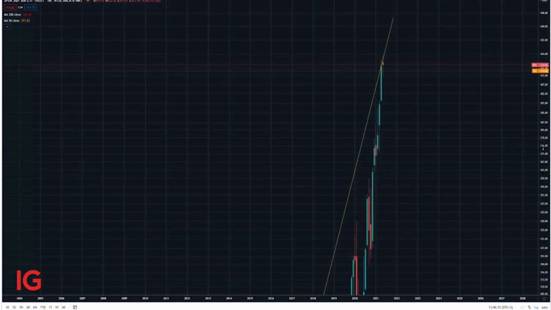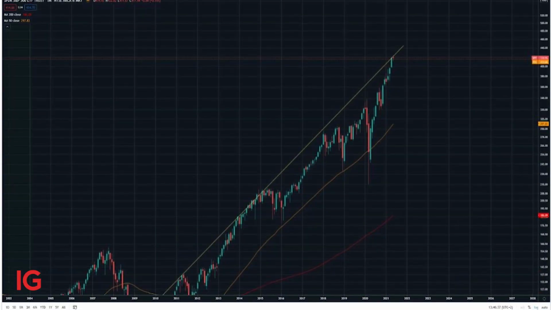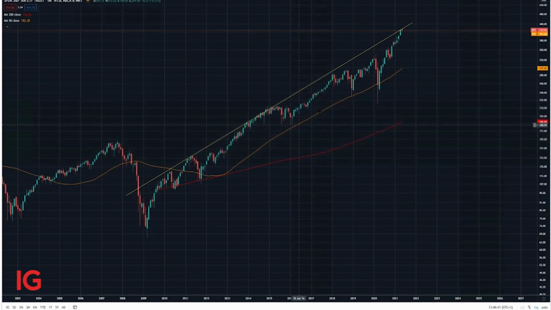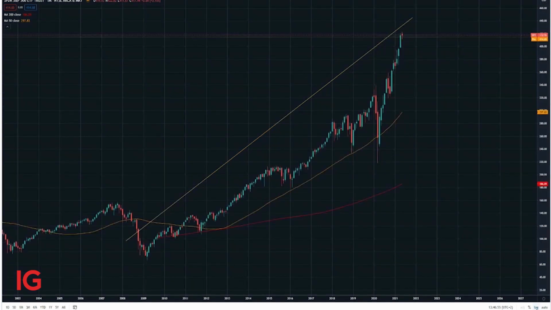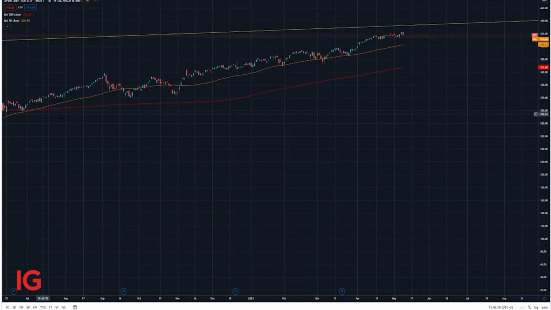Yeah, you know what I'll do quickly, I'll show you the long-term monthly logarithmic chart. I know that's a mouthful. Of the S&P 500 SPY ETF, and that looks like this. Basically, we've finally reached the upper end of a trend that's been in place for 12 years on the logarithmic monthly chart. Why would you look at a log chart? You look at a log chart because it smoothens the very steep lines to something more manageable, easier on the eyes. I think it's overbought for the short-term time frames.